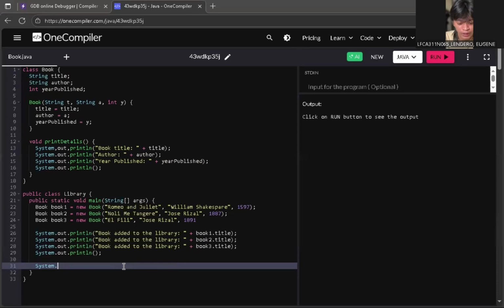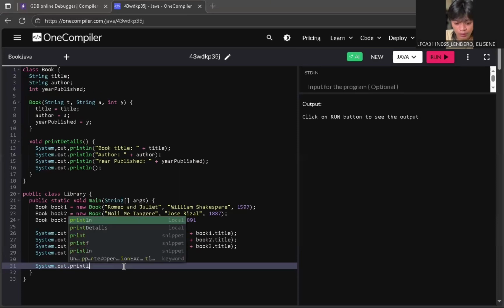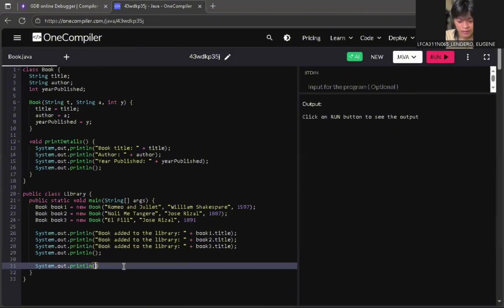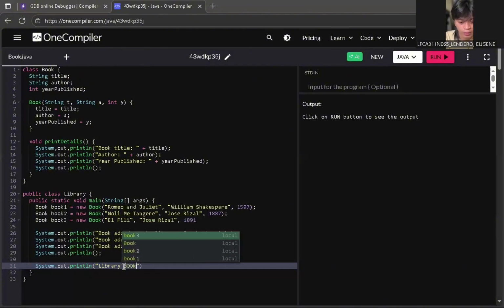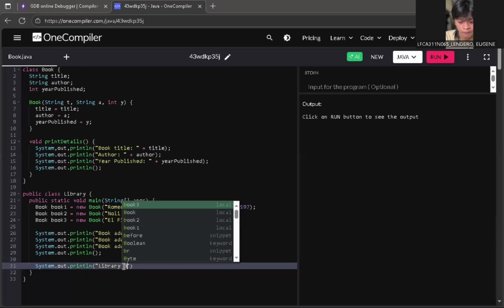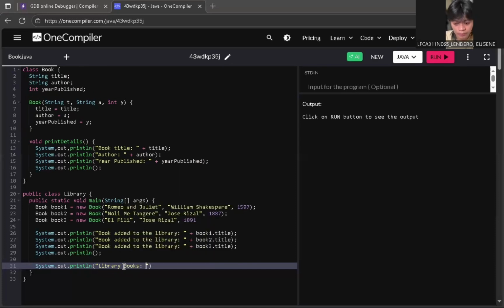This is our header, Library Books. Then semicolon.